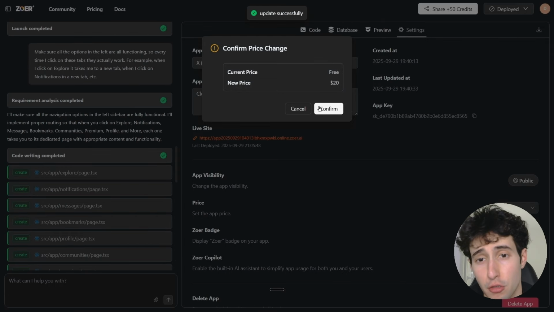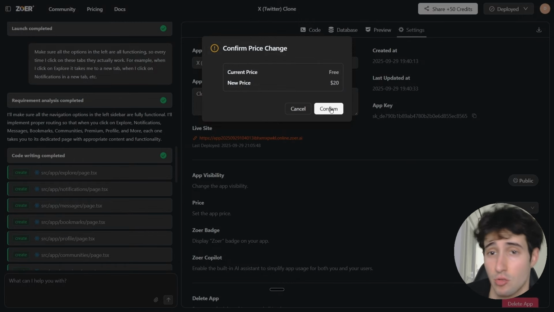So all you would have to do is to come over here, click on confirm, and this would actually put up a paywall in front of your app. So the people that wanted to access it would first have to pay and then they would be able to access it. But I'm not going to do this right now because I do want my app to be free